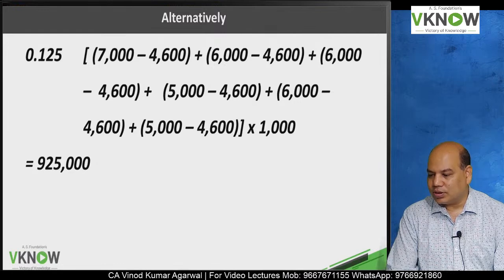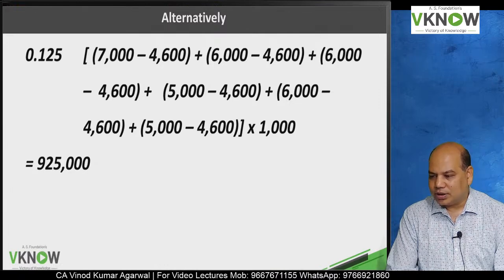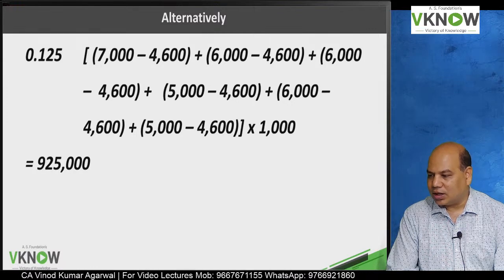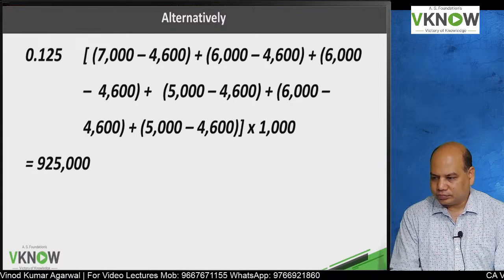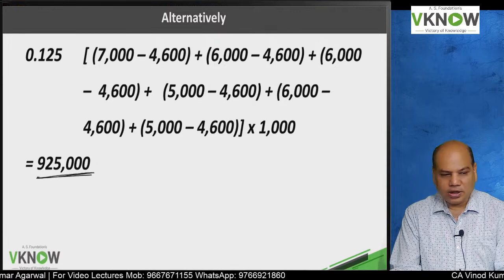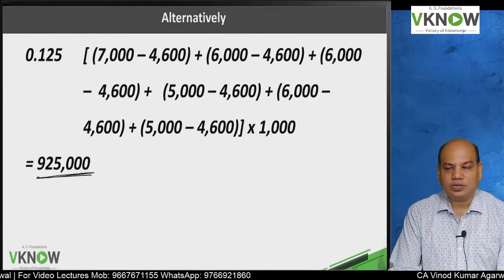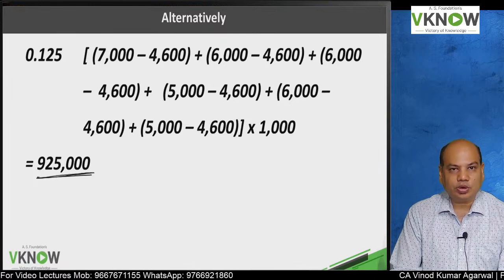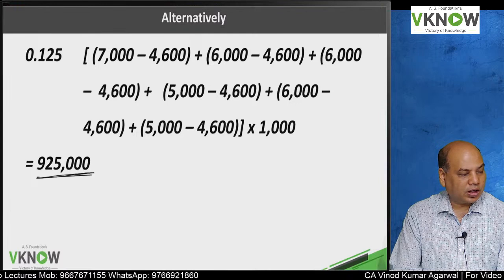We are not writing the last two numbers. The last two numbers we will not write because we are not going to go up to that point. We are going to abandon the project. We are not going to get the last two numbers. And now if you solve it, you will get 9,25,000. Whichever method you are convinced, you think you can do it faster, you can do it in the exam, both are okay.